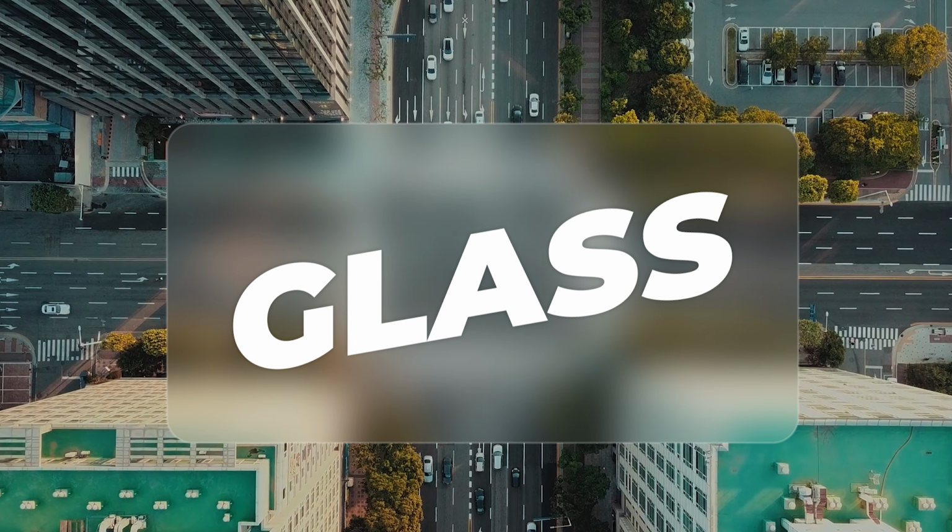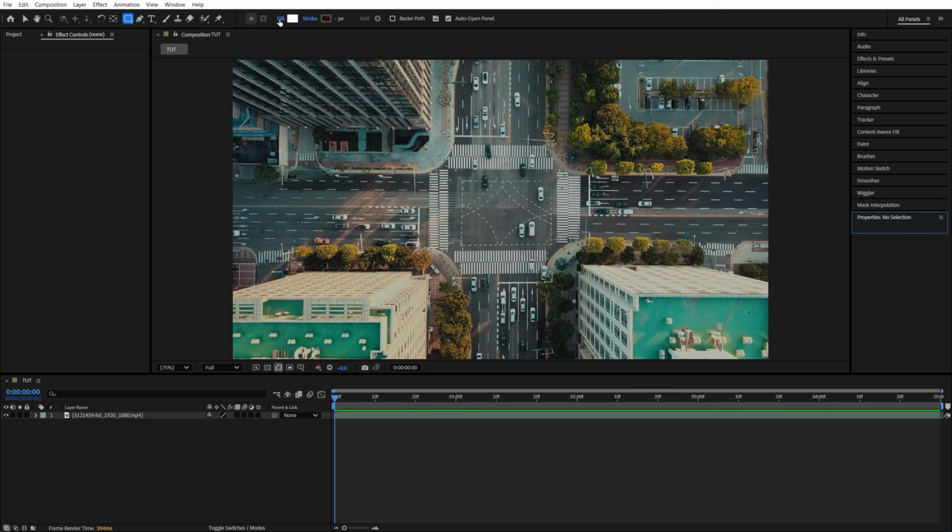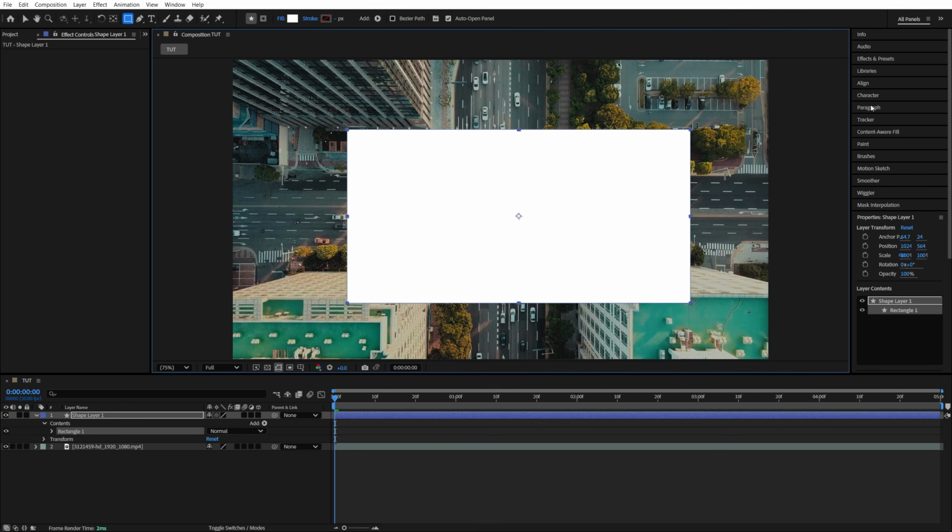In this tutorial, I'll show you how to create glassmorphism in After Effects. Begin by selecting the rectangle tool, click on Fill, set it to a solid color, then click on Stroke and set it to None. Then click and drag to create a rectangle, align it to the center using the Align